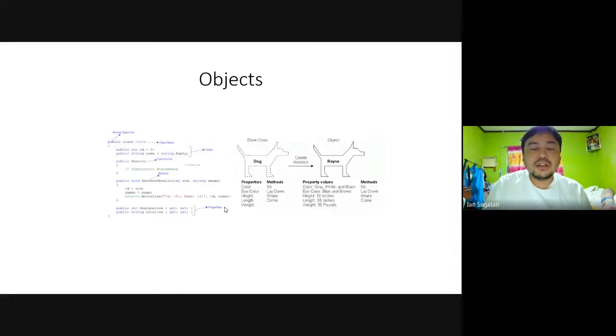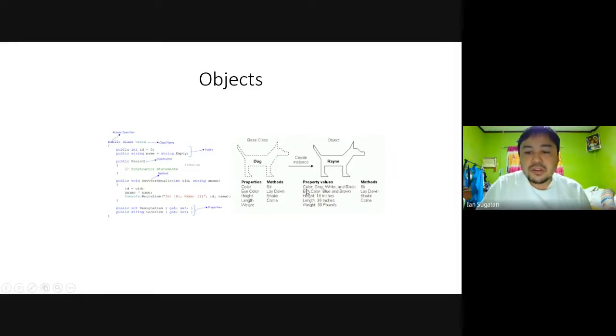An object is any classification within the variable that is being referred to. You can see here that there are two kinds: a base class, such as a dog, and an object such as Rain. Rain is the name of the dog. So the base class is dog, wherein it has properties like color, eye color, height, length, and weight, and it is transposed into an object, which is Rain, because the name of the dog is Rain, and its property values become